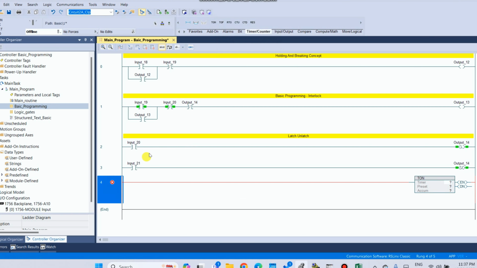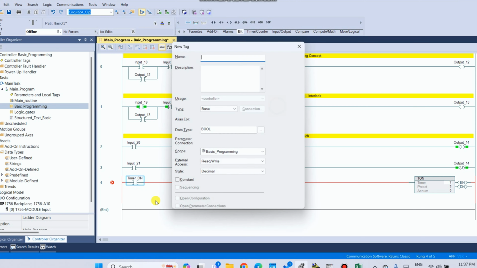Take a new empty operand and here write TON, timer underscore on, and create a new tag.